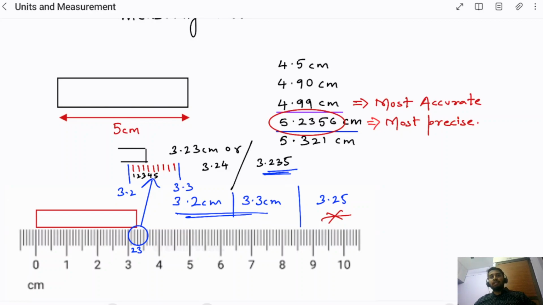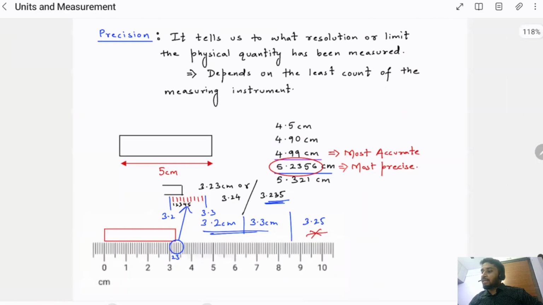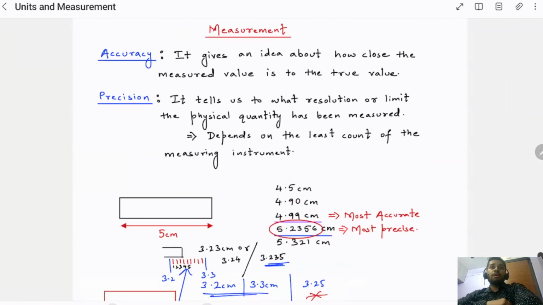accuracy gives us an idea of how close the measured value is to the true value, and precision gives us an idea of till what degree or resolution or limit the measurement has been done. And the important point is that it depends on the least count of the measuring instrument and the number of digits after the decimal in the measured value. Okay,